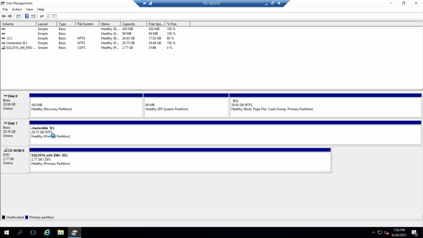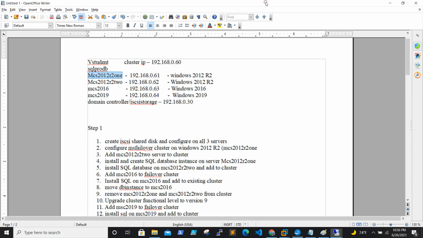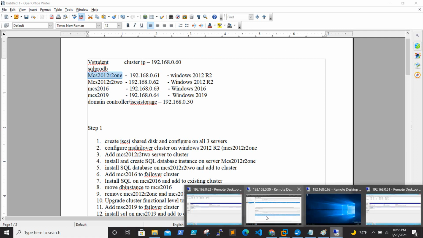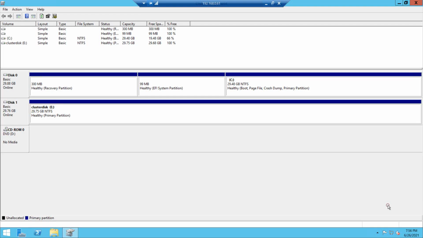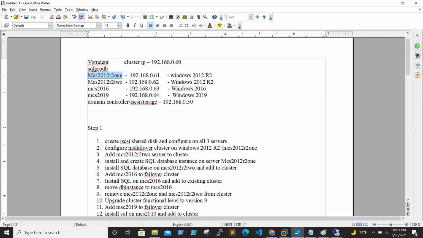The disk is online now, cluster disk. Now it is on all three servers, and we are able to see that the disk is online. Now this step is completed.